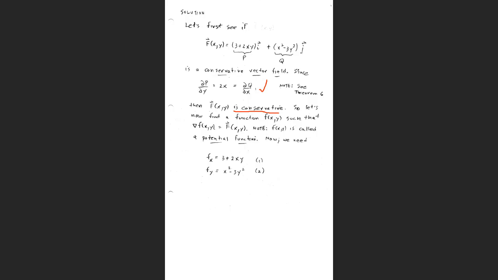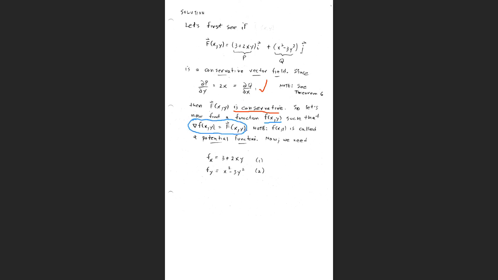All right, well, now that we know we have a conservative vector field, let's find our potential function. So how do we go about this? Well, of course, for this statement to be true, where the gradient of the function equals the vector field,